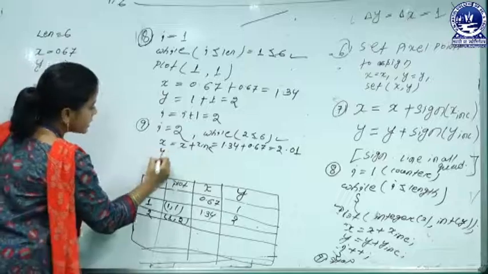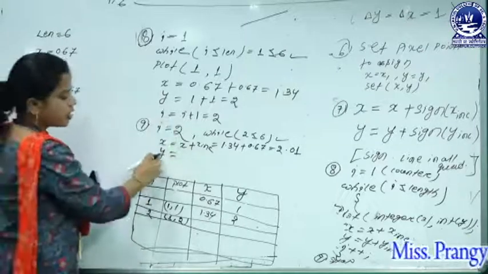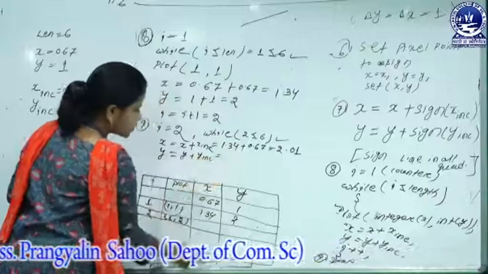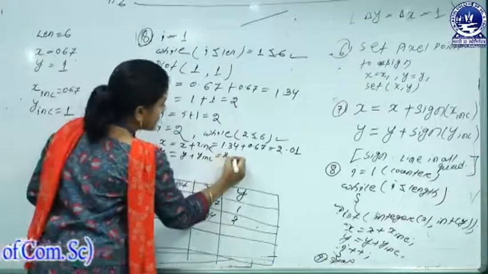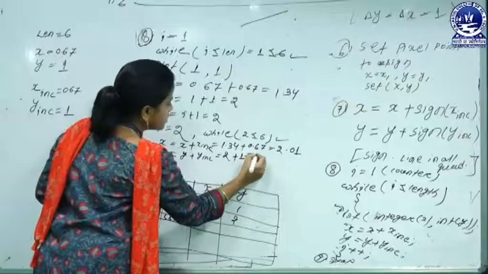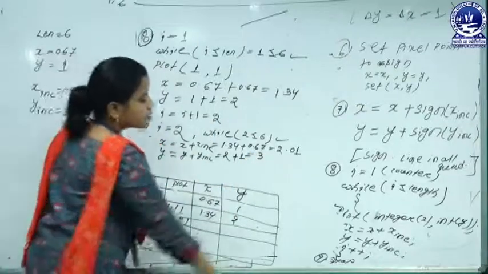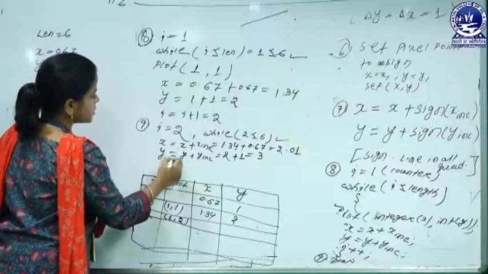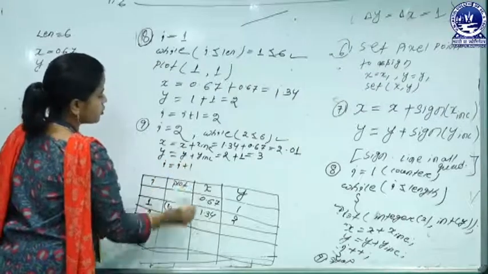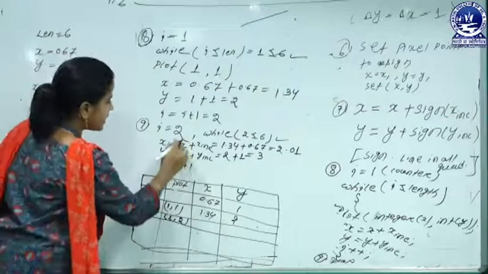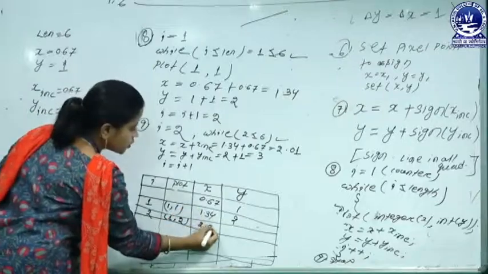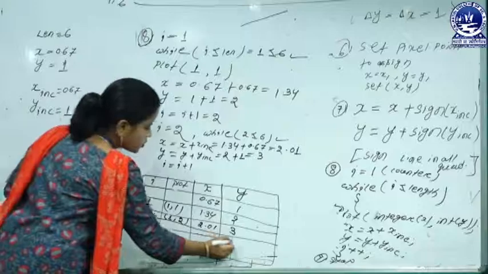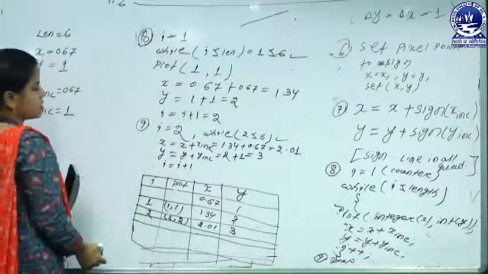Then finding the next coordinate value, that's the y coordinate, y plus y incremental. So here the previous y is 2 plus the incremental value, that's 1. So that's 3. Okay, now go to the next step, that's I plus plus. That means again for the next job execution, the ith coordinate value is incremented. That means here the x coordinate generated is 2.01 and the y coordinate is 3. Okay, now go to the next counter value execution.